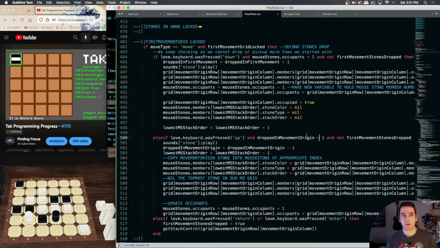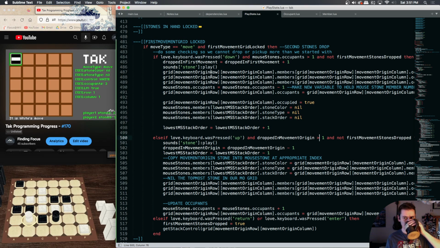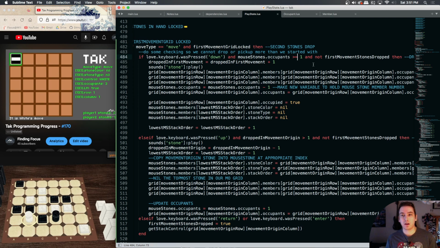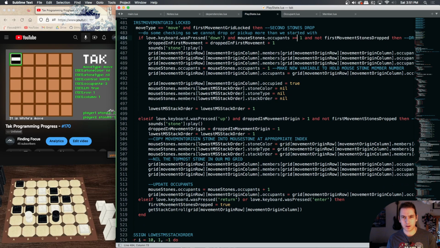Now we need to figure out what happens when it's nil. Because now we're putting this, so mouse stone occupants is greater than 1. What if we do greater than or equal to 1? That means we can drop our mouse stone at 1 occupant. Then, for example, if we were to pick up 1, we would take